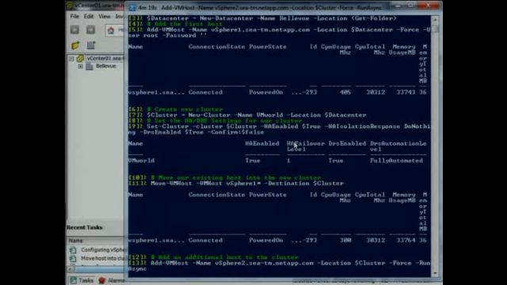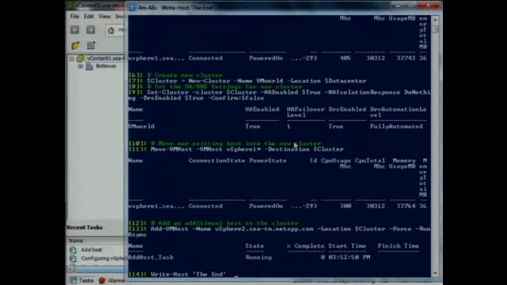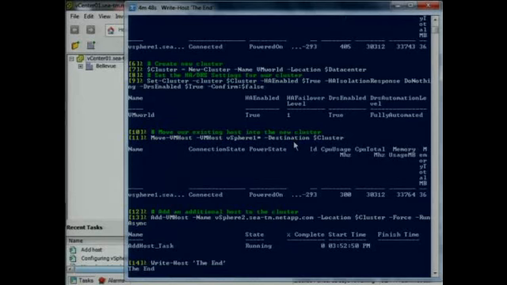You'll note we're using the force parameter and run async. Force is basically telling it to, have you ever had those annoying SSL notifications pop up in VI Client? This makes it not ask you about it. And then run async is another way of doing fire and forget. So we're going to run this command, we just want to run it, get our command back so we can continue doing work. And there's that one.